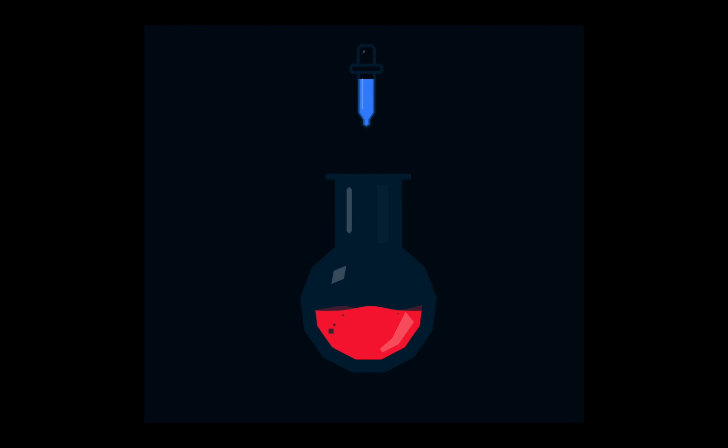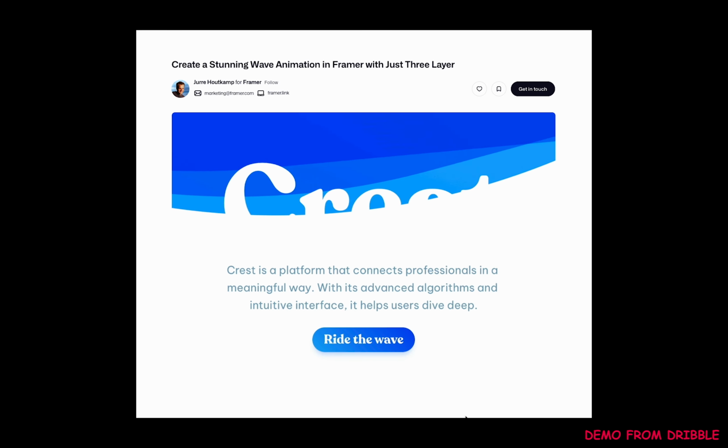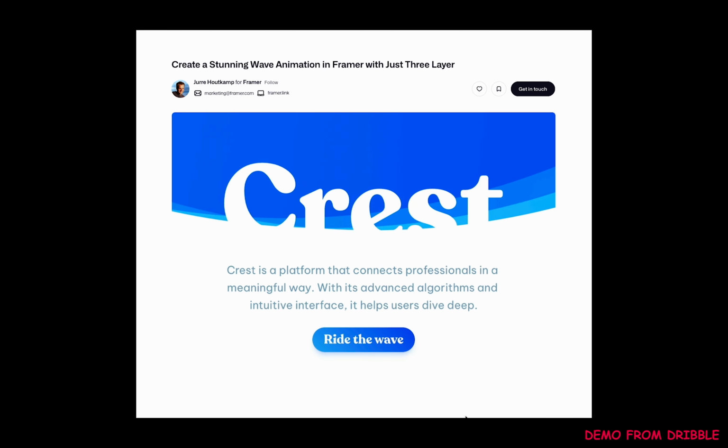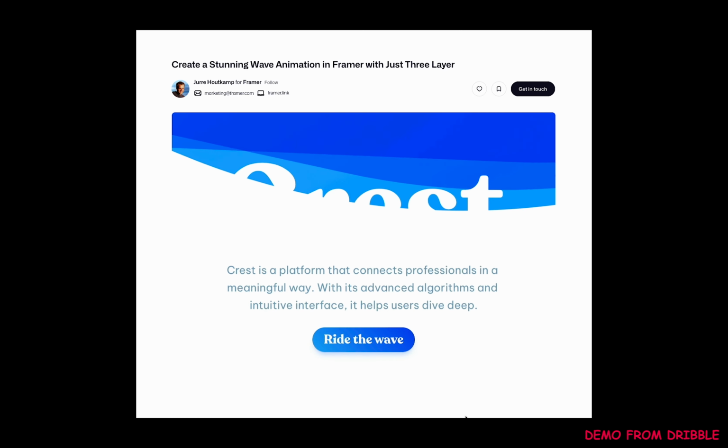I have seen it many times, and the cool thing is you can create all kinds of effects if you just know this technique. For example, here you can see there is a transparent layer behind this colored layer and both of them are moving in different ways. So there are two different waves, right? If you know how to create wave animations, you can easily build stuff like this. See this one. It's also super simple and really effective. There are three different waves moving at three different times, one after the other, clean and smooth.